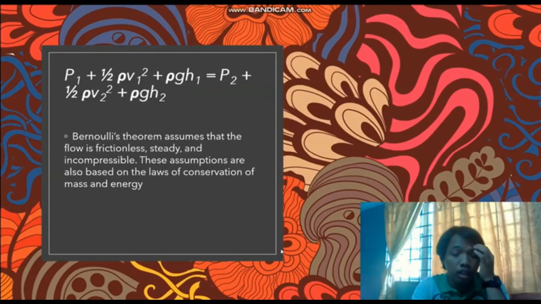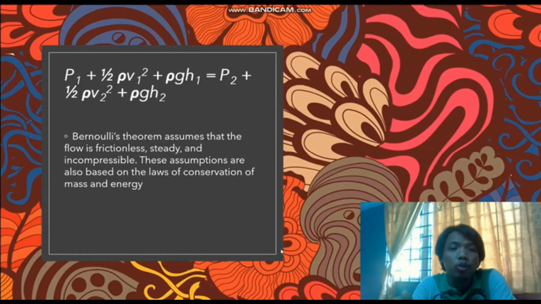Next, like I told before, Bernoulli's theorem assumes that the flow is frictionless, steady and incompressible. These assumptions are also based on the law of conservation of mass and energy. For example, Q in equals Q out, and also E in equals E out,